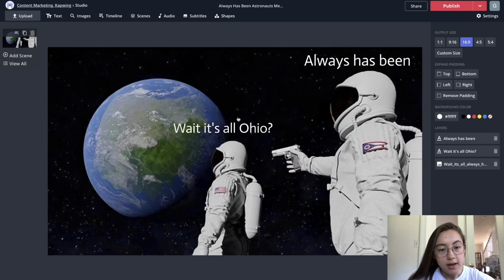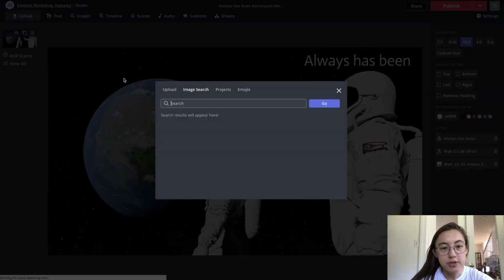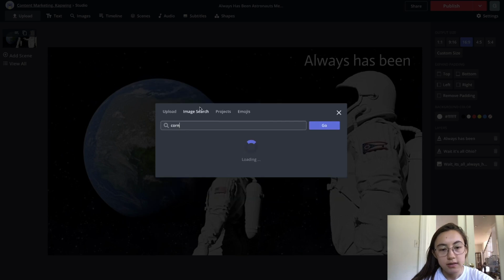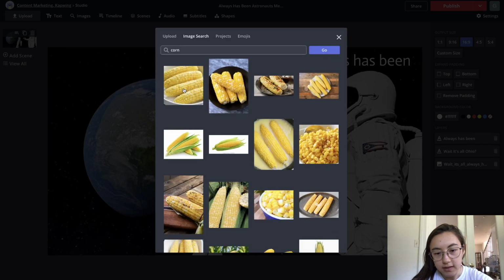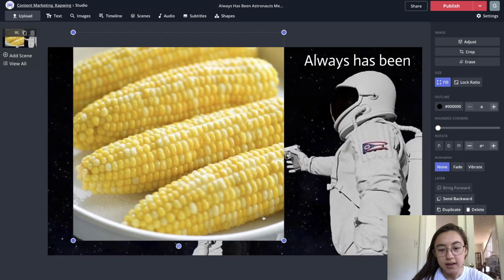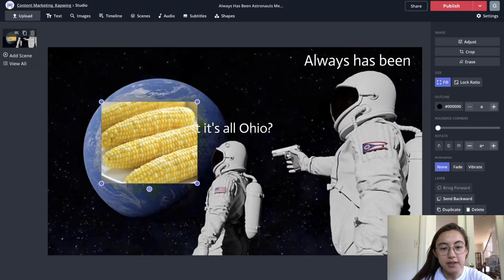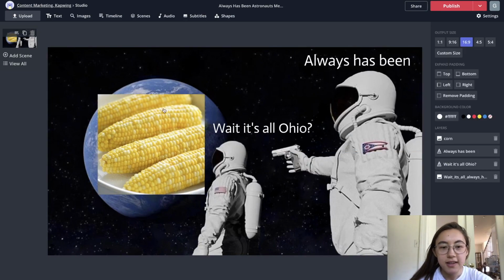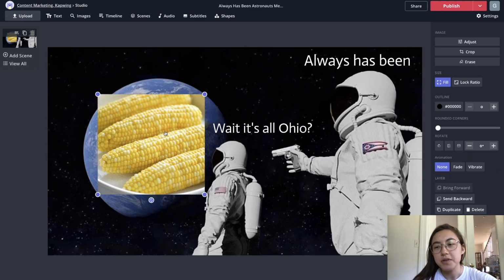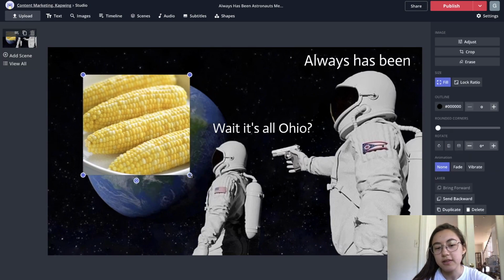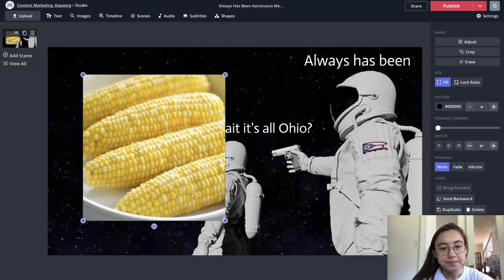So one version of this meme I want to try and make is making the world just corn, and then they're saying like, wait, it's all corn, it always has been. So let's go to images, search for corn. Okay, I think I'll do this one. And as you can see, it's a square, which you could probably just leave like that, and it's kind of funny that it's just like a square overlaid on the screen. But if you want to make it more circular, like the globe, like some other versions have,